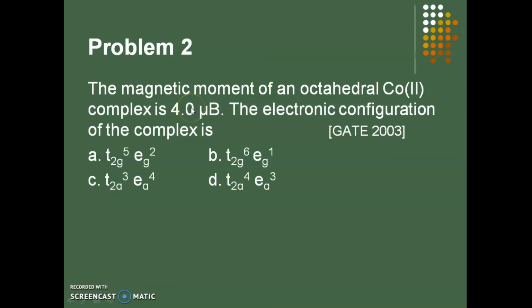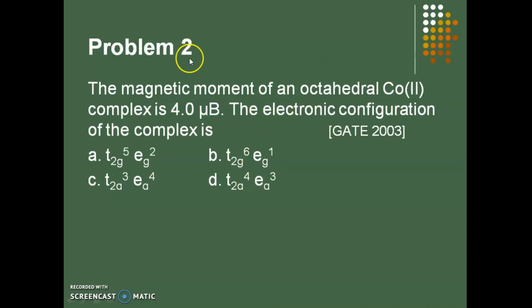This is what we have said, that when you calculate the spin only formula, we have seen that in the decimal part, the numbers will be more than 5. It will be 0.7, 0.8, 0.9, like that. So that means this 4, after that it is only 0. So this must be equal to 3 point something. So that means the number of unpaired electrons is going to be 3. So that is what we have to find from these electronic configurations.